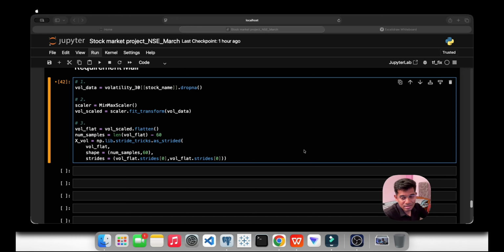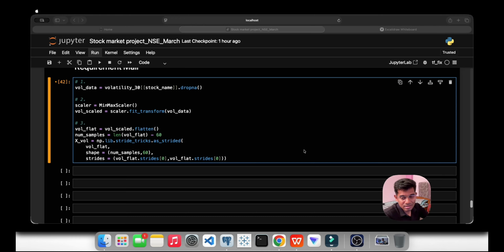Now let's move to the fourth requirement, what it is all about. Let's move to the mail actually. It is the fourth here, but third in the mail. Third in the mail, fourth in our Python environment. So we will do data reshaping right now.